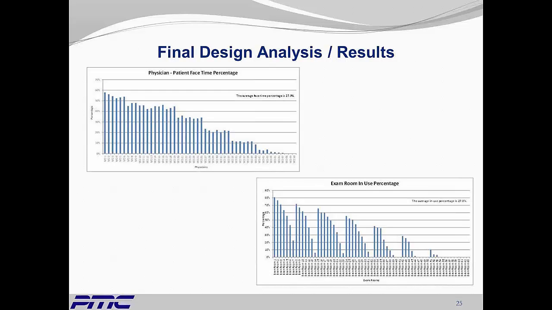So the round robin approach is more on a modular concept on this one. So you can see that the lower numbered rooms in each module are more utilized, and as you go higher in the number of exam rooms, the utilization gets less and less, and that's because